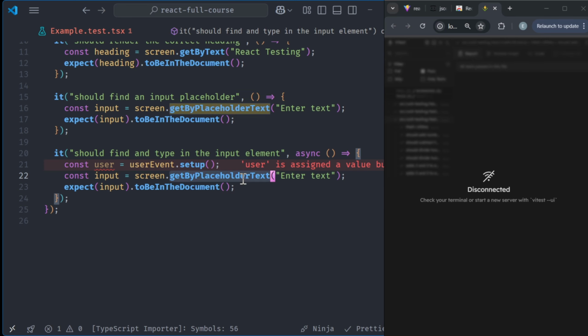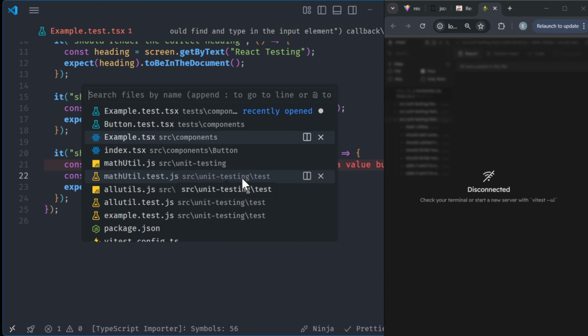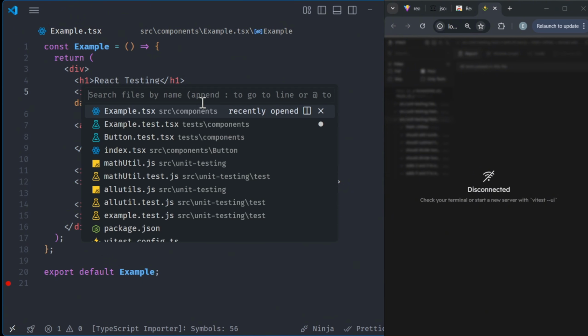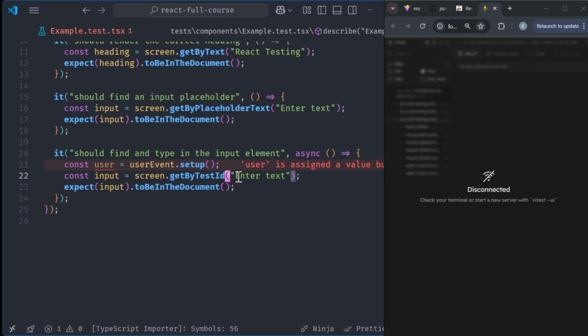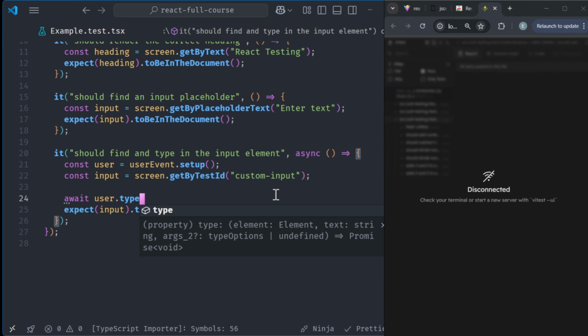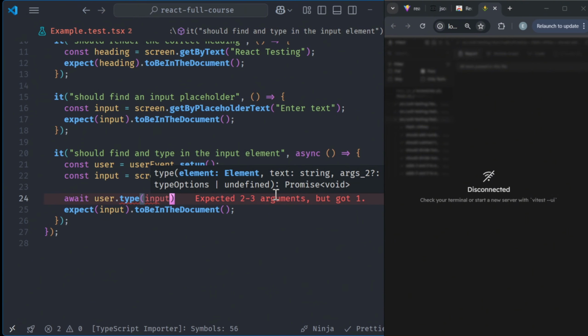Then we need to get the input. I'll say getByTestId, and let's get the test ID, which is custom input. And let's pass in the test ID here. Now we need to type. So we're going to say await user.type(input,